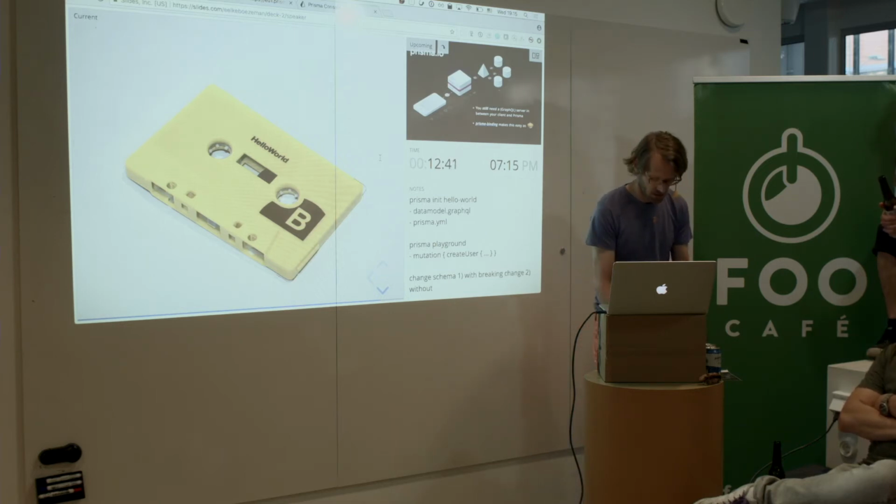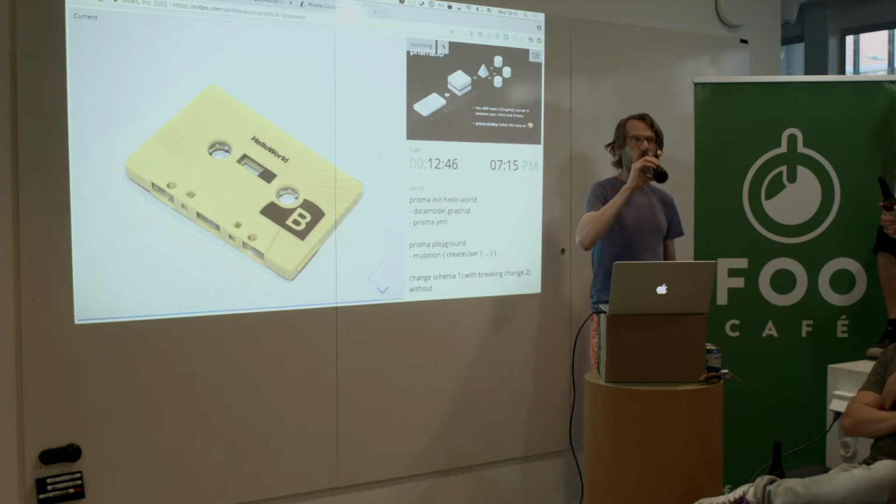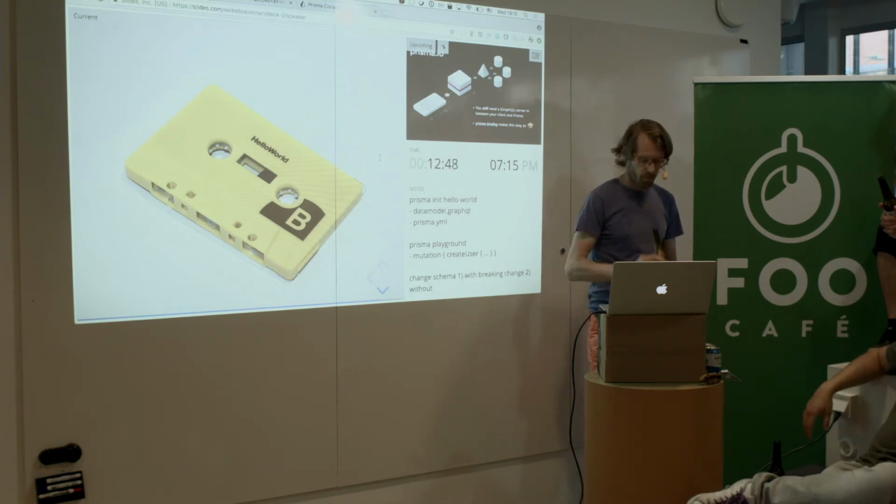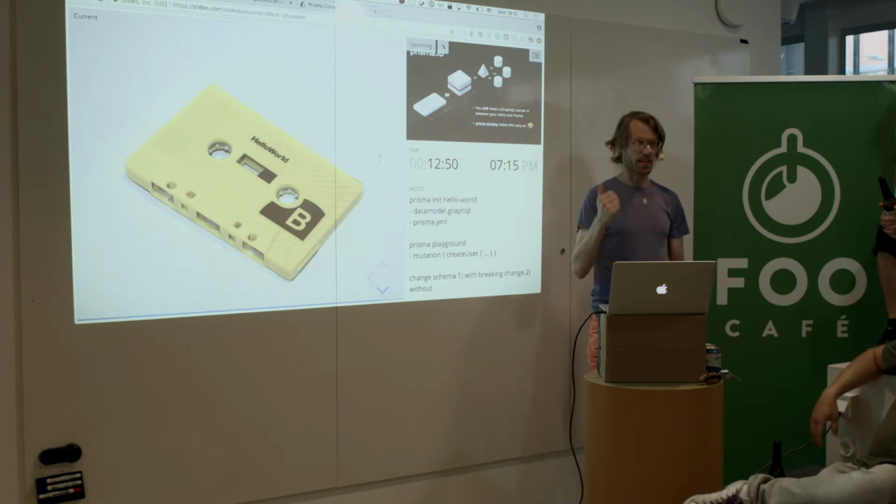Have you run a GraphQL schema over multiple Prisma instances? Yeah, that's the next step. So,